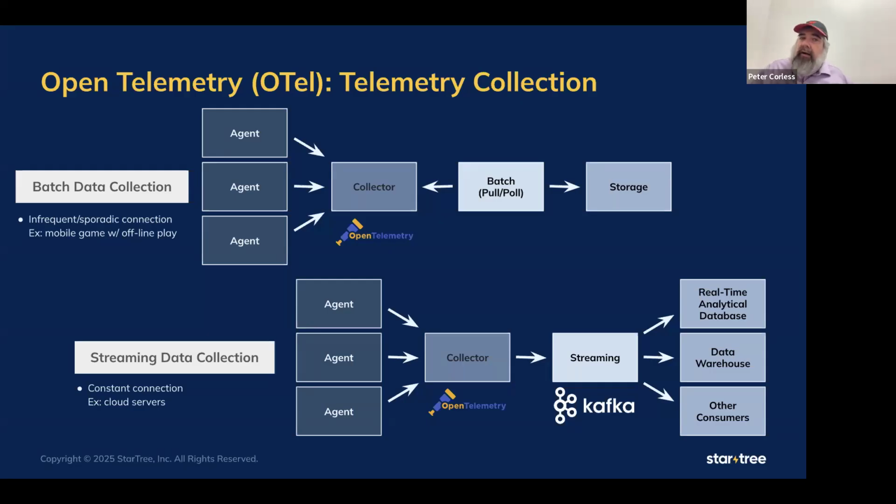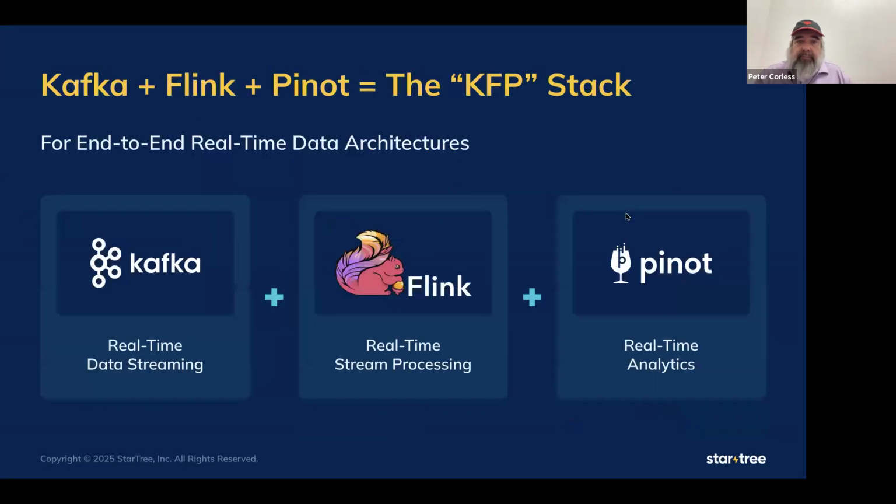So batch data collection is not going to go away at any time soon. But for the infrastructural level, especially maybe at the network, the cloud, the server level, these are always-on core systems that have data that you want to stream in real time. And so you need a different kind of infrastructure to collect that and stream it. And then it may not just go to a single storage backend. Some might go to the data warehouse, others for real-time analytics, right? So there could be potentially multiple consumers of that streaming data telemetry. And so you want to have an infrastructure that supports that.